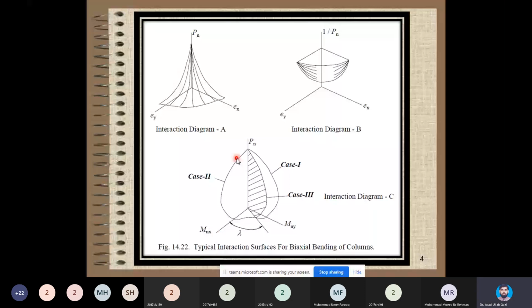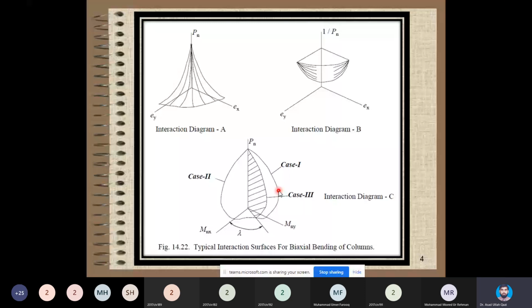And moreover, if this Pn, rather than compression, goes into tension, if the column goes in tension, I can even generate a surface which will be in the tension domain, and the same will be generated below the zero of the origin. It means I am now looking at the tensile force as well as the moment present on the column. Such surfaces we can generate with the application of computer aided design. It is not easy to draw such a surface manually. How to get points on that surface is a little tedious, which I will explain through one example.